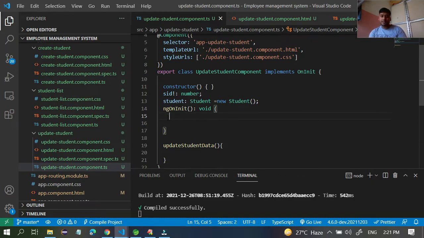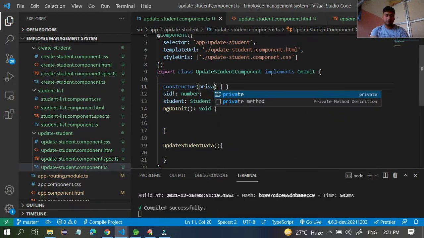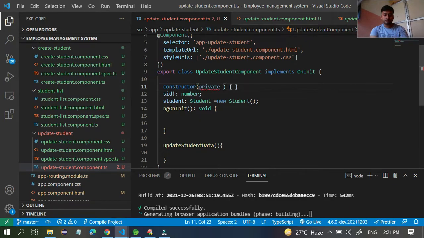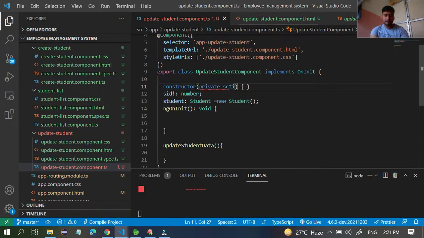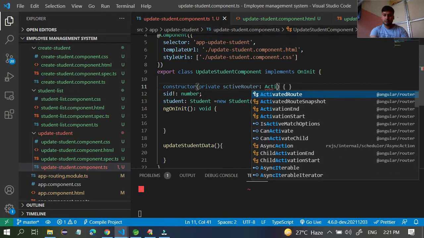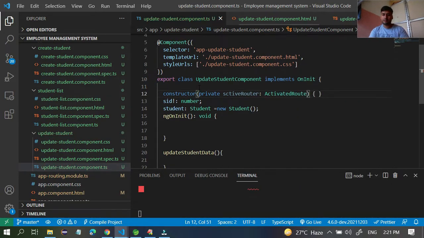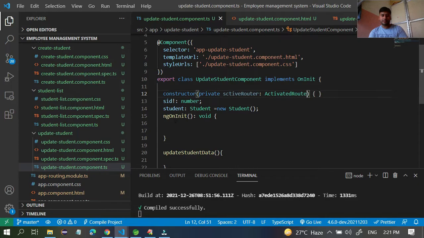So for this you want an active router, like that. So private active router equal to activated router. This is one of the things.